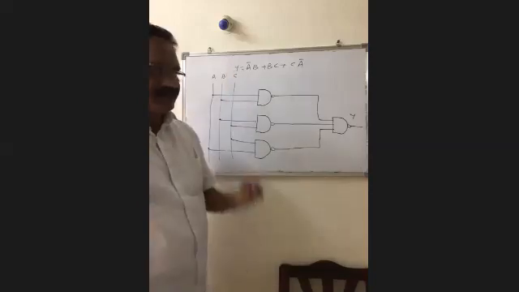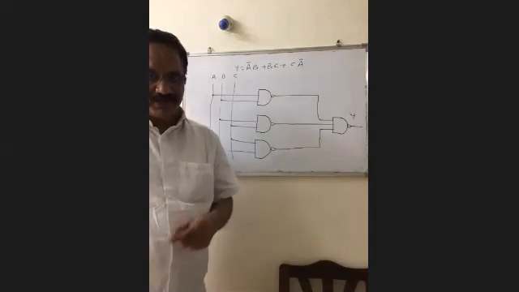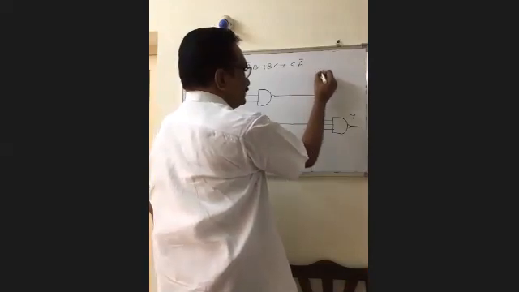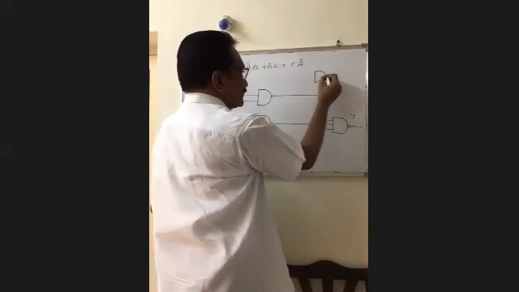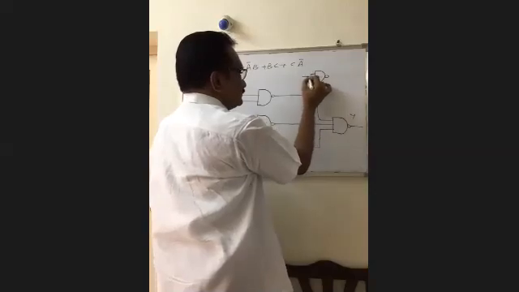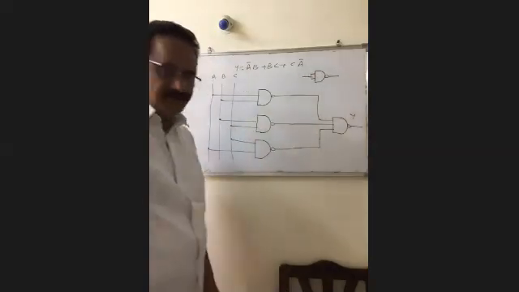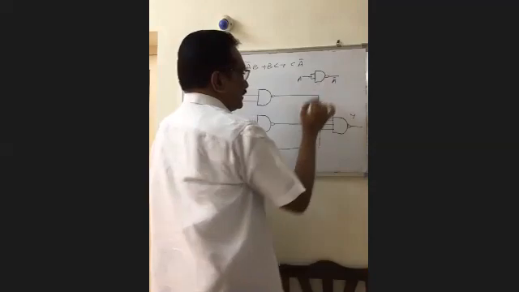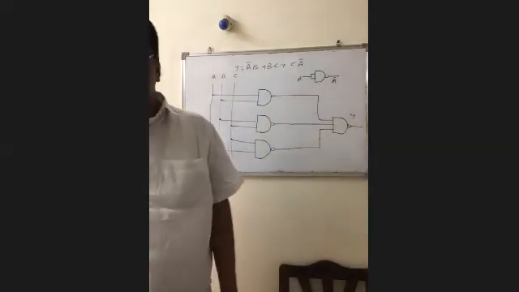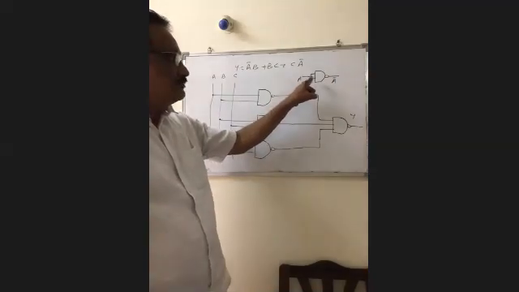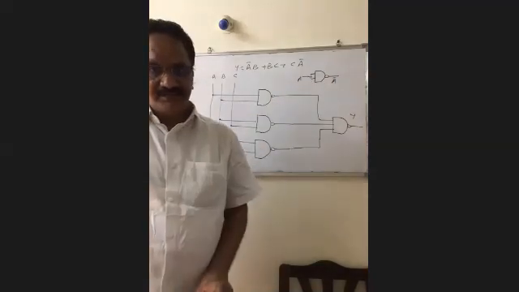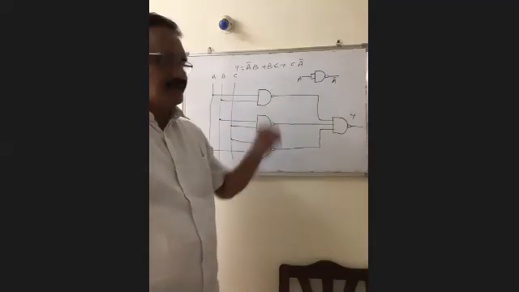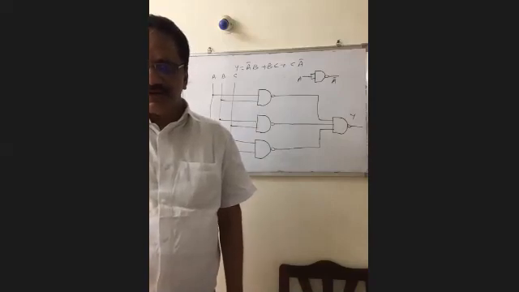So for the complement, for the action of a NOT gate, in a 2-input NAND gate, if both the inputs are shorted, it acts as a NOT gate. If A is the input, output is equal to A bar. It is a 2-input NAND gate, both the inputs are shorted, it acts as a NOT gate. So for that one, it requires one more 2-input NAND gate for that NOT action.